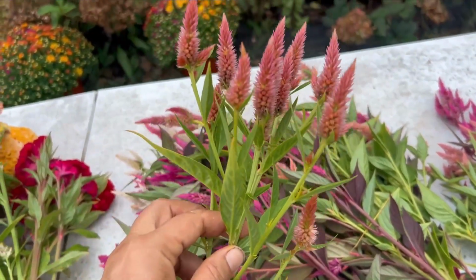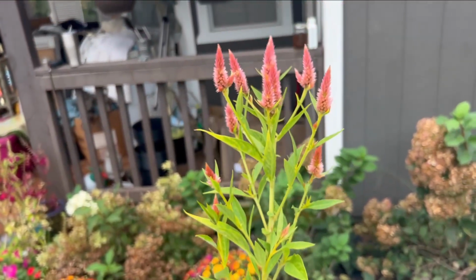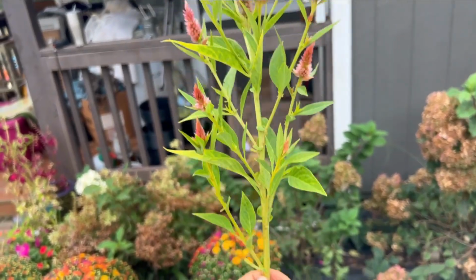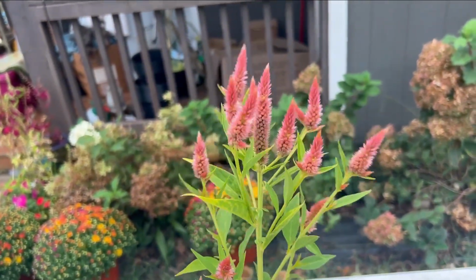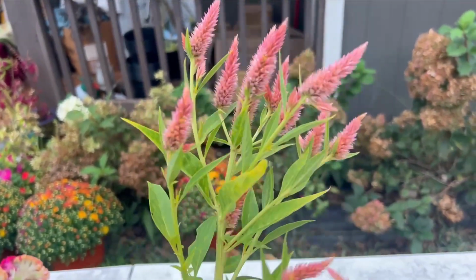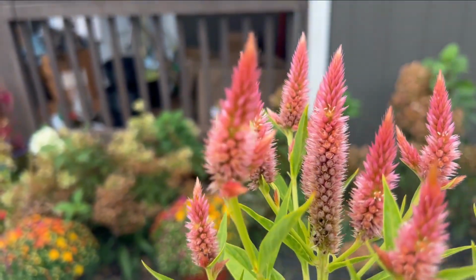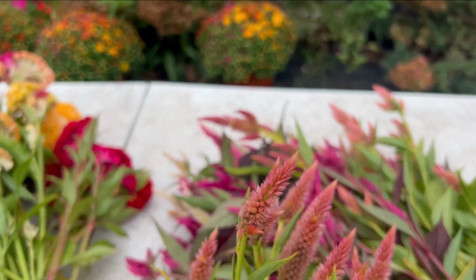So this is a pretty good example of the right stage to harvest. This is a first stem off of one of these celosia. It's pretty stiff, so this would make a good cut flower also. Like, it's not wobbly. It does have some seeds on that main stalk, but it's not so much that it's gonna fade or turn